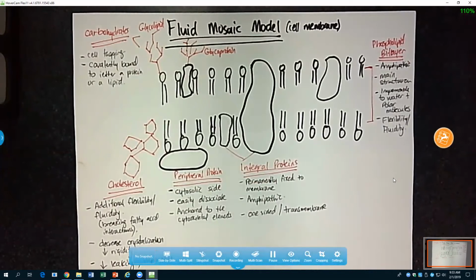But what I really want you to understand here is because of these unique features, we have cholesterol, we have the proteins, and most importantly, we have the amphipathic nature of the phospholipid bilayer. We have the compartmentalization of the cell, where we have a unique environment inside the intracellular space, and we have the unique environment outside in the extracellular fluid compartment or space. Any questions on